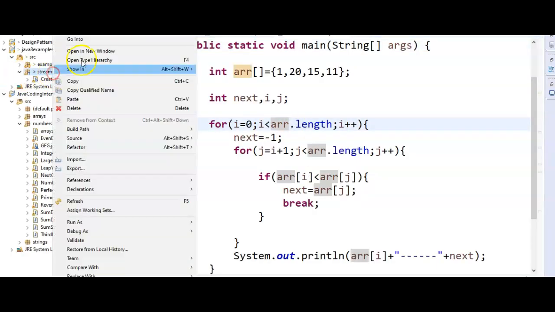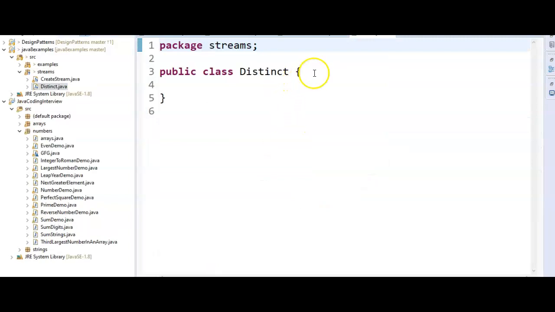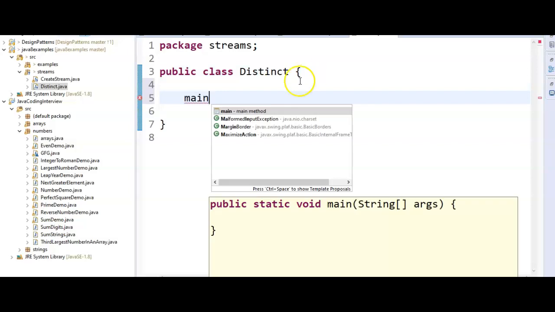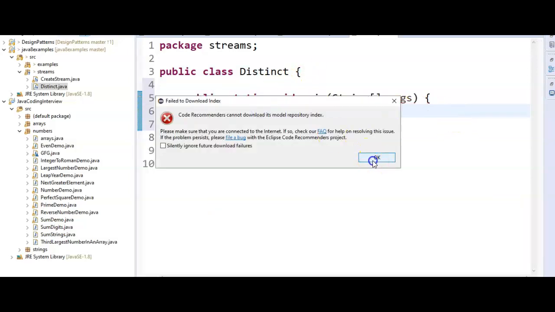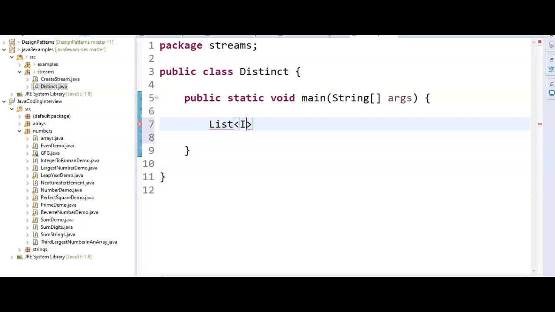So I'm just creating a new class and I'm saying Distinct. Inside it, I'm creating a main method. So here what I'm trying to do, I'm creating a stream. I'm creating a list first.